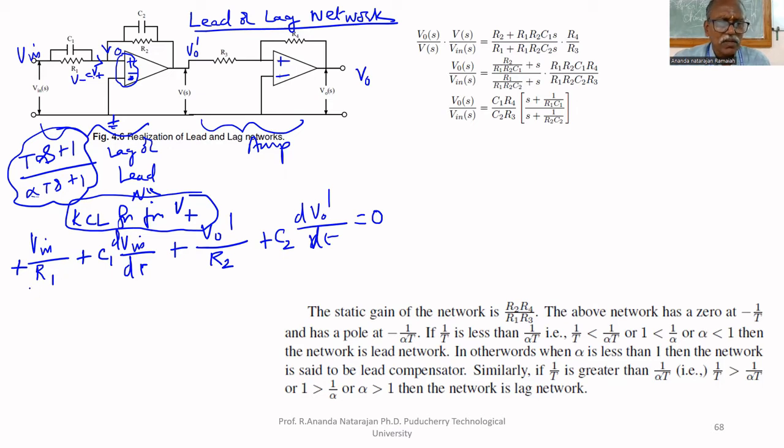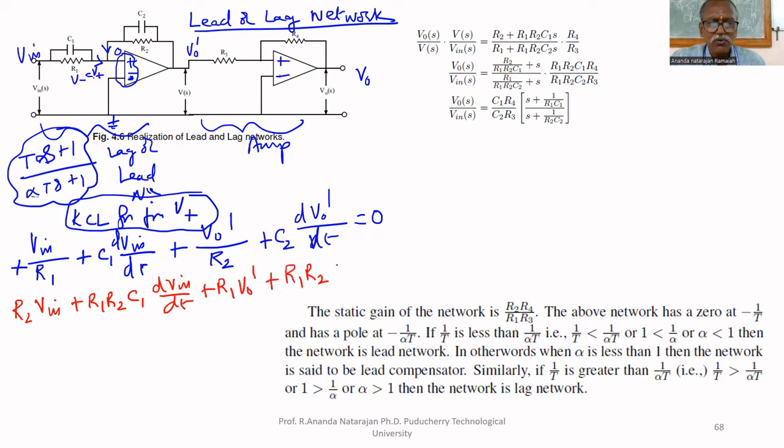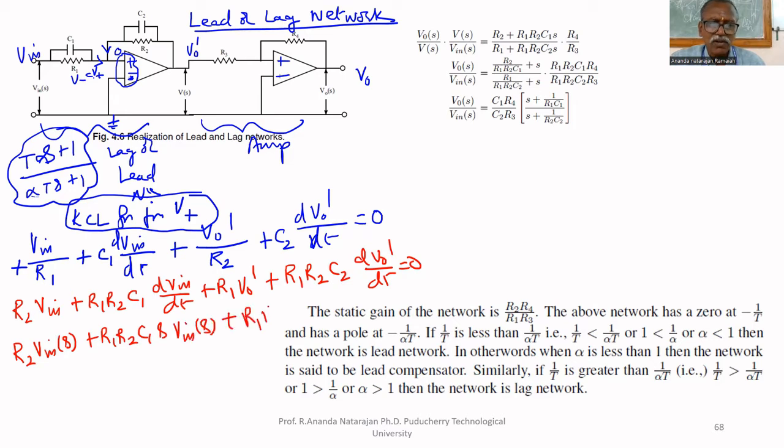If we take the Laplace transform assuming 0 initial conditions, or first let us multiply this by R1 R2. What you will get is R2 V in plus R1 R2 C1 dV in by dt plus R1 V0 dash plus R1 R2 C2 dV0 dash by dt equal to 0. I multiplied on both sides by R1 R2. If we take the Laplace transform, what you will get is R2 V in of S plus R1 R2 C1 S V in of S plus R1 V0 dash of S plus R1 R2 C2 S V0 dash of S equal to 0. Therefore, we can write V0 dash